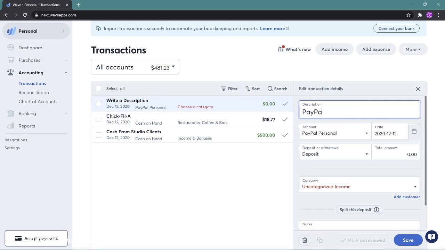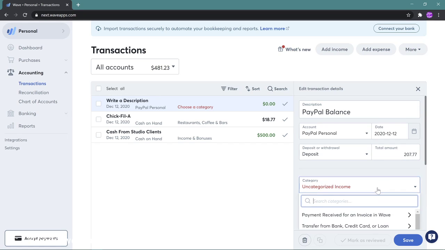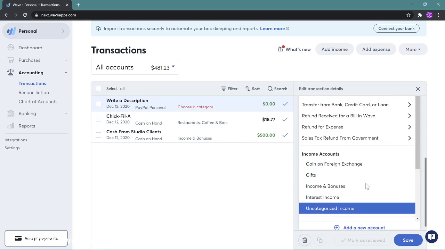PayPal balance. That's like a bank. It's not going to be a fixed balance like $200, but $207.77. That's your balance today. Really what you should do is go back and find all the transactions since the start of your